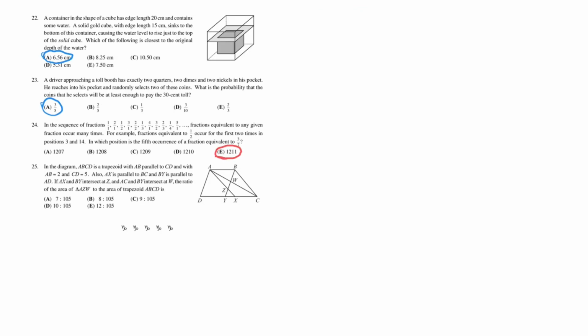Number 25. In the diagram, ABCD is a trapezoid with AB parallel to CD and with AB equals 2 and CD equals 5. Also, AX is parallel to BC and BY is parallel to AD. If AX and BY intersect at Z and AC and BY intersect at W, the ratio of the area of triangle AZW to the area of the trapezoid ABCD is